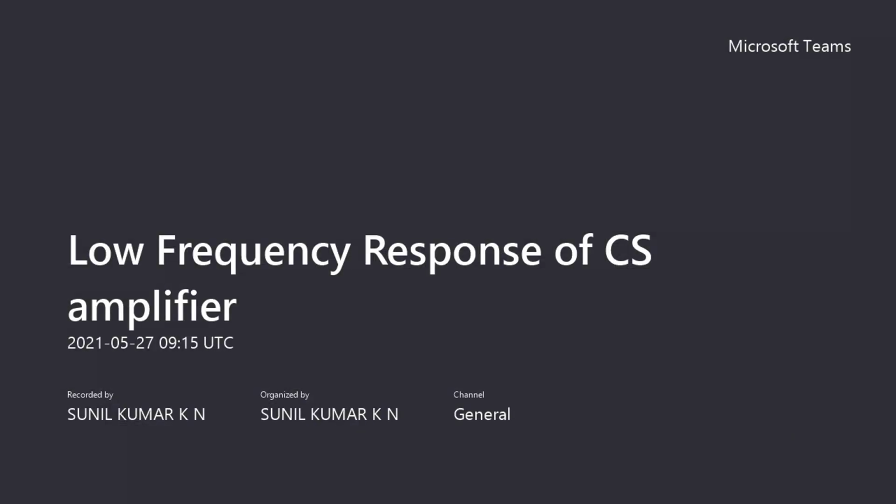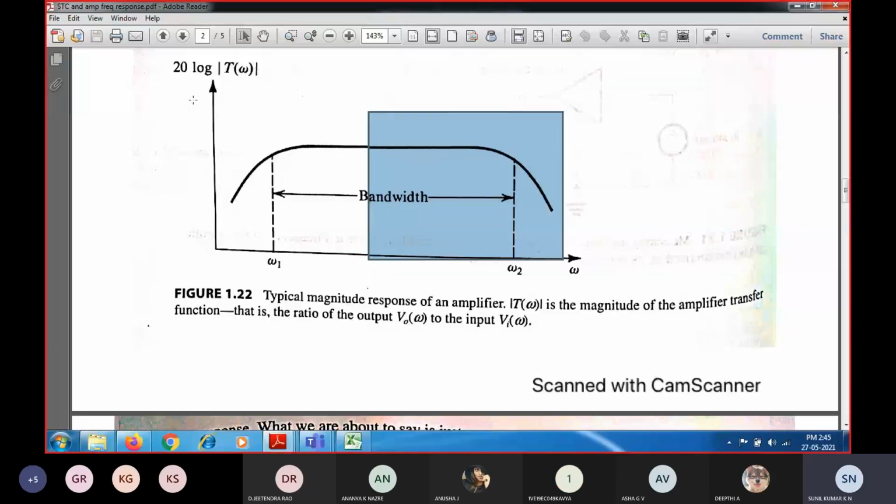Frequency response of an amplifier. So this will be depending upon the frequency. As we can see, it has been divided into three different frequency bands: lower frequency, mid band, and higher frequency bands. In which, when we are discussing the high frequency response and the corresponding higher frequency equivalent circuit